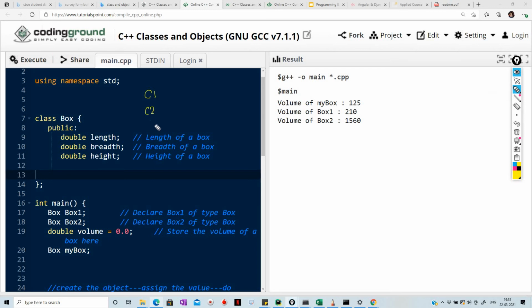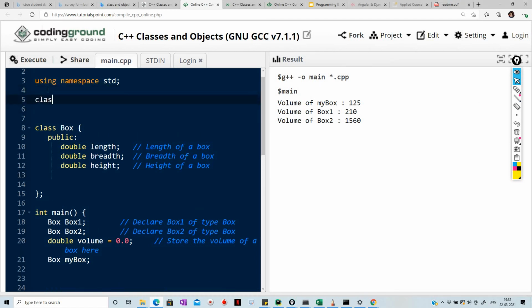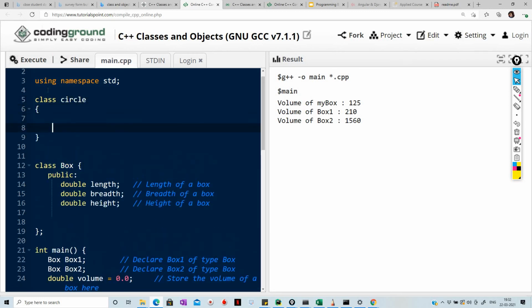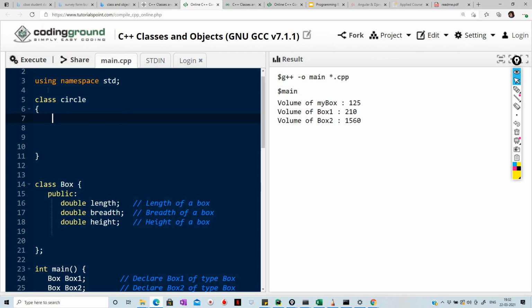देयर इज सर्कल C2, देयर इज सर्कल C3, and all this thing is common because everyone requires what? Every circle requires only radius and 3.14, that is a constant. So we can create one class about circle. Think like that. अगर सर्कल का क्वेश्चन आपको सॉल्व करना है, so let me create one class circle, and we know that this circle के पास दो चीजें रहेंगी,